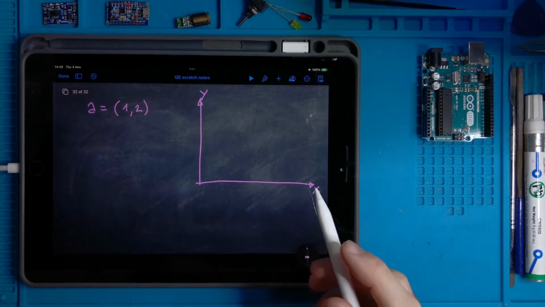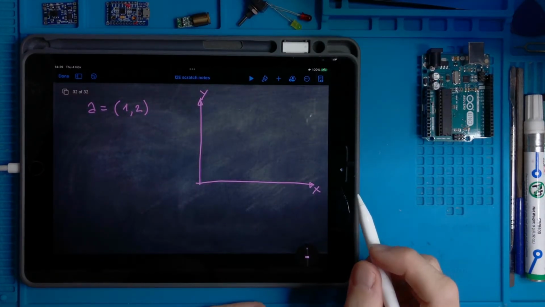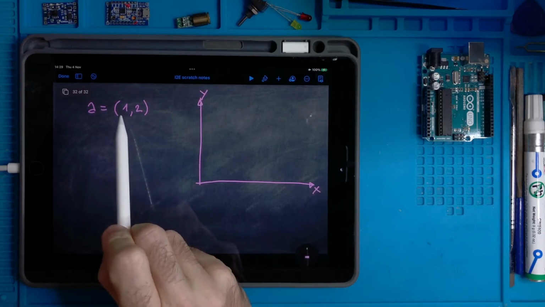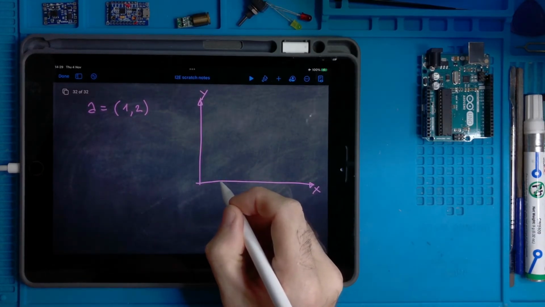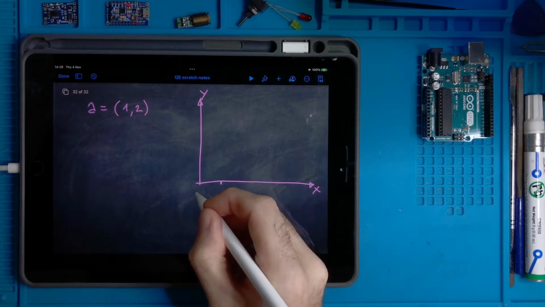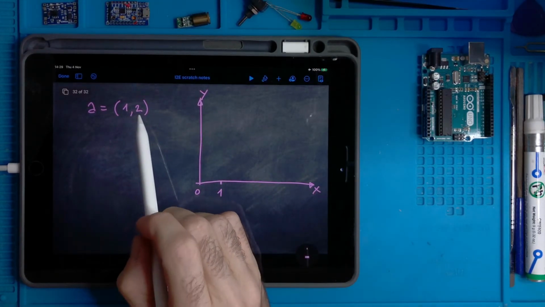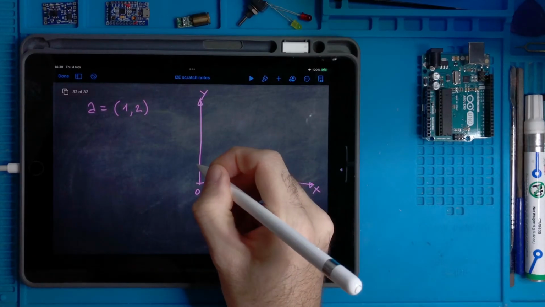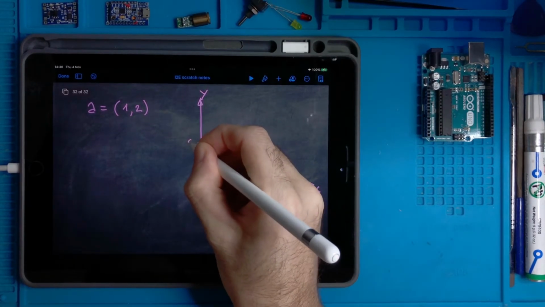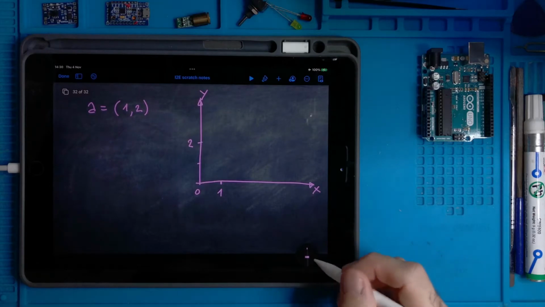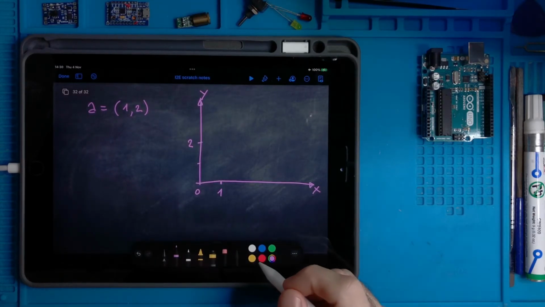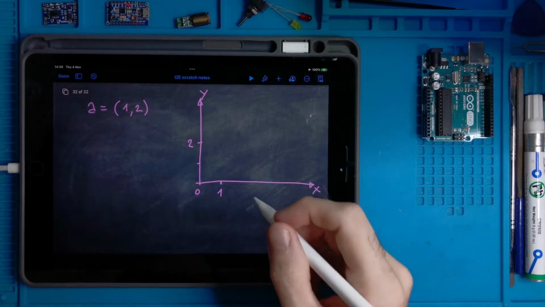So how can we draw the vector A? It is the vector having x component equal to 1, so let's decide to have a 0 here, and this is a 1, and y component equal to 2. So like this. So the vector A is this one.